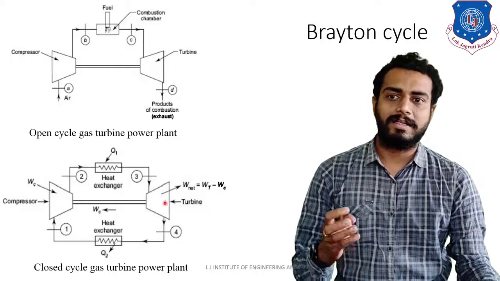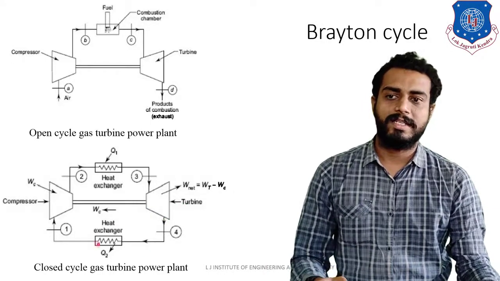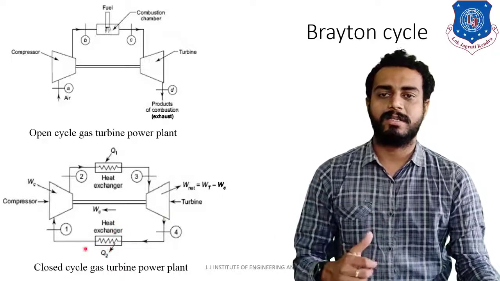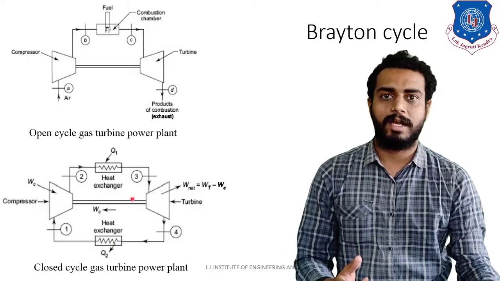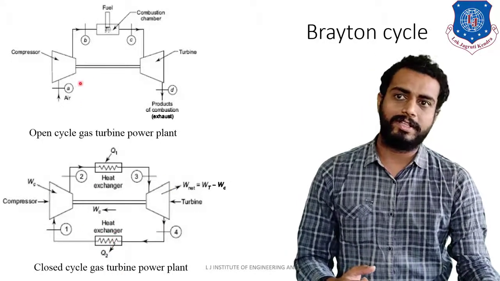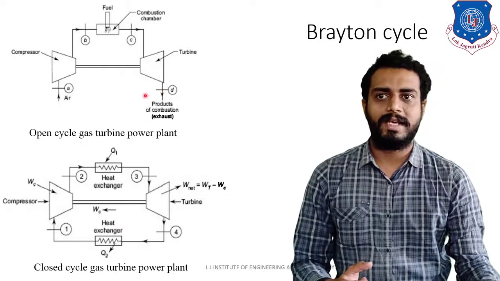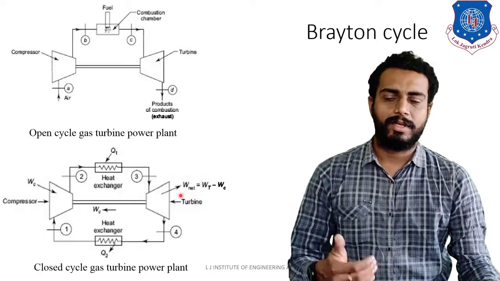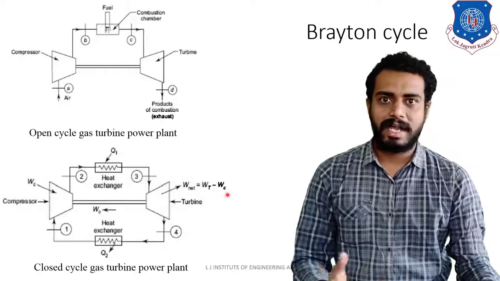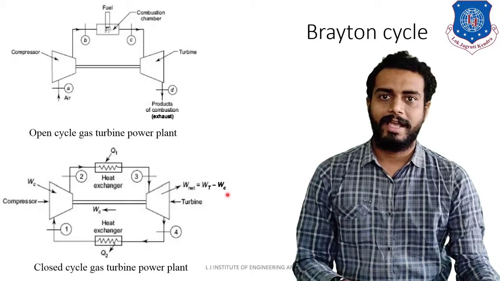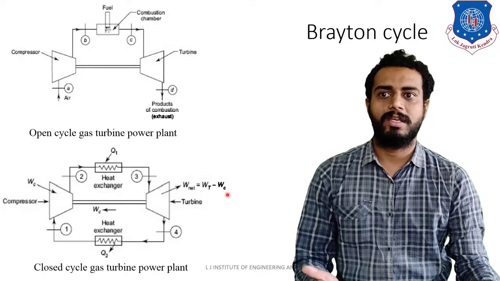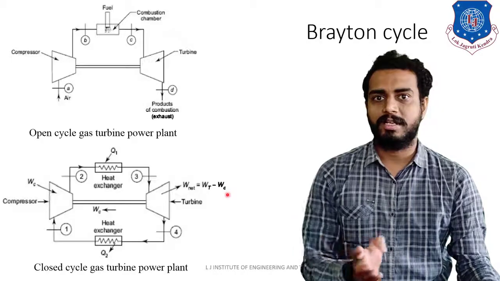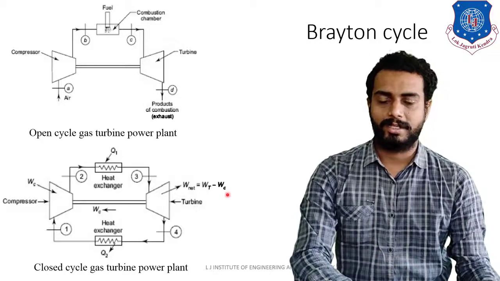The remaining products are sent to the cooler or another heat exchanger wherein the air will be cooled down and circulated back to the compressor. So here you can see the same air is circulating again and again, and in the other one only fresh air is circulating. That is why one is open cycle, and here it is a closed cycle gas turbine power plant. Open cycle gas turbines are generally used in aircraft, and closed cycle gas turbine power plants are used in high temperature gas reactors wherein a nuclear reactor is attached for the heat addition.